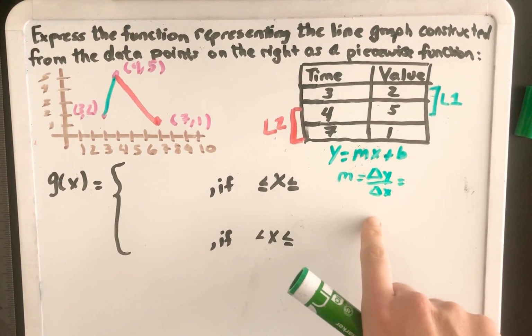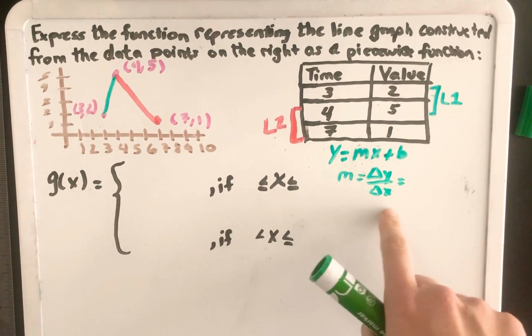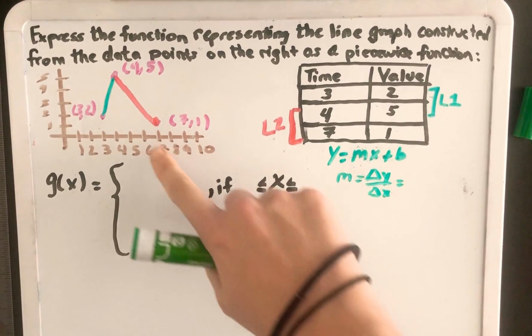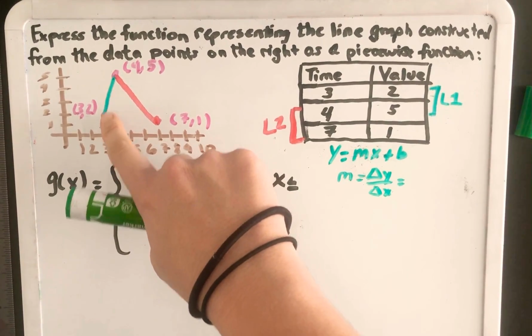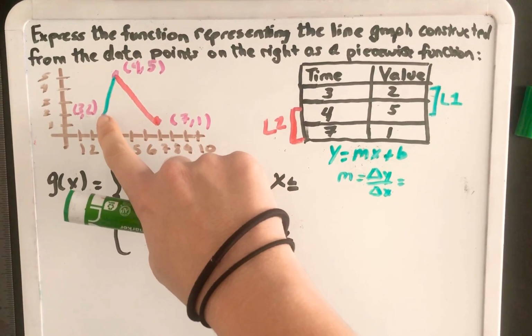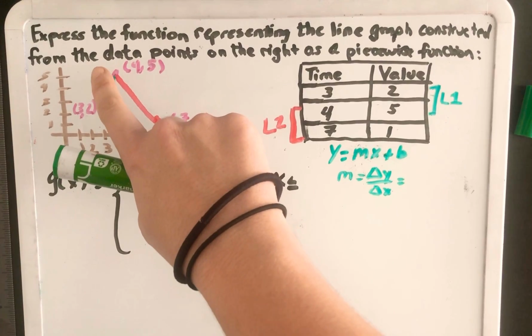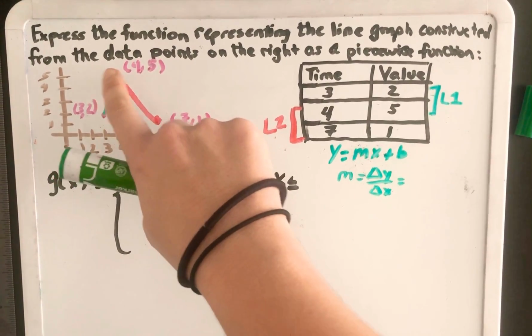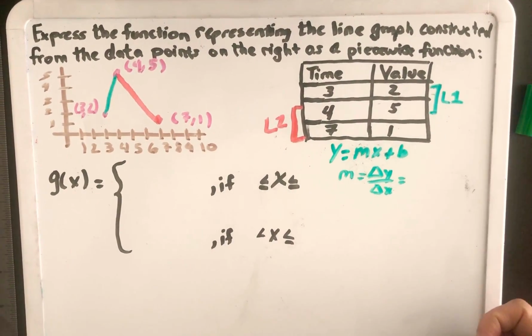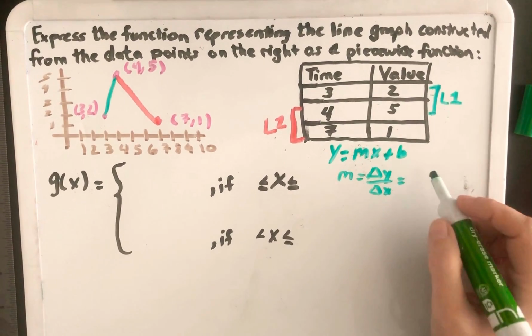Delta y over delta x is also known as y2 minus y1 over x2 minus x1. Also, rise over run, you can see visually, if I'm starting at (3, 2) and stopping at (4, 5), how much have I gone up and how much have I gone over? I've gone up from 2 to 5, that's 3 units, and I've gone over from 3 to 4, that's 1 unit. So you can probably see the slope is 3 over 1, but you could have also done it using